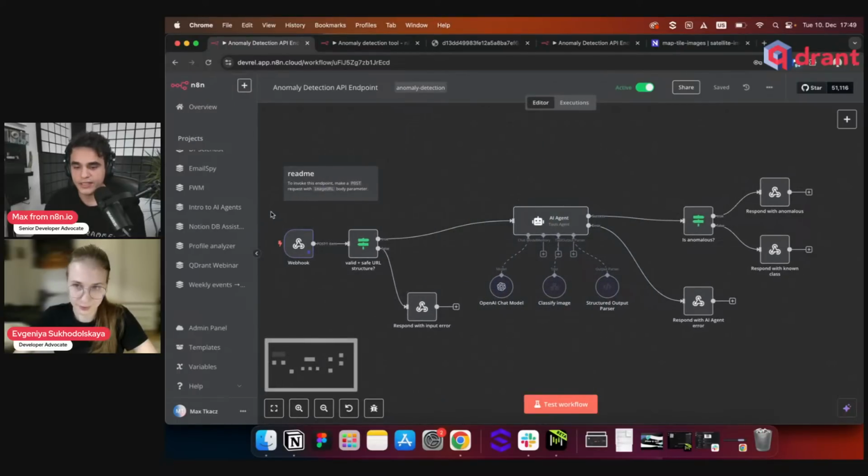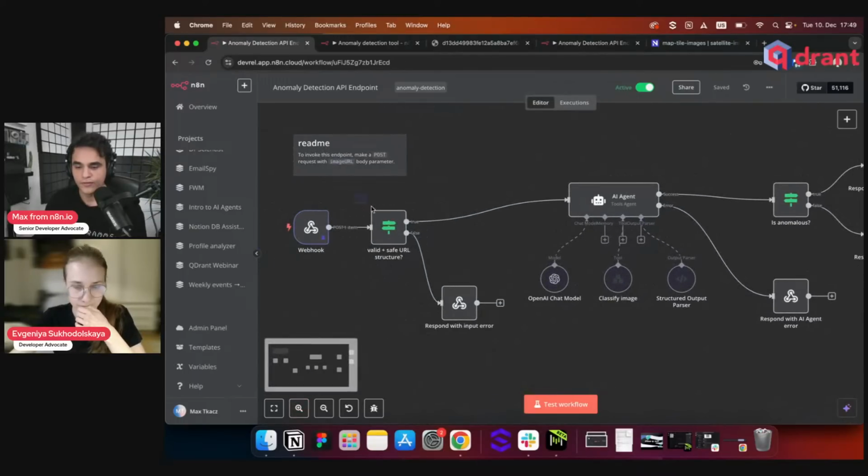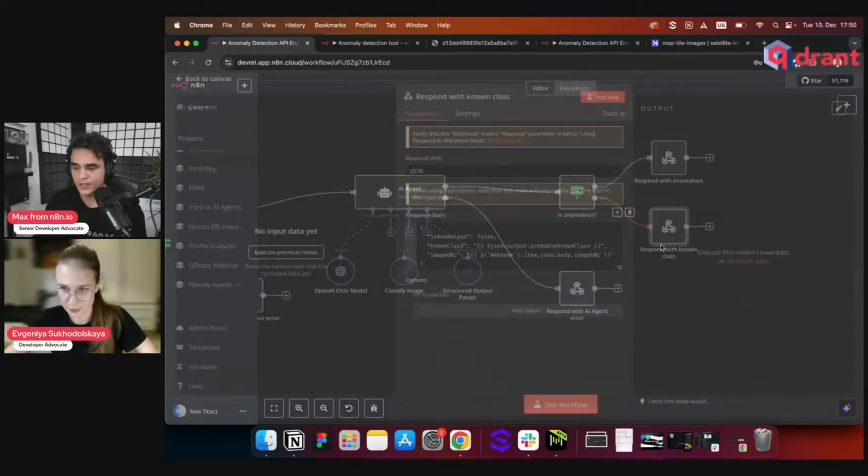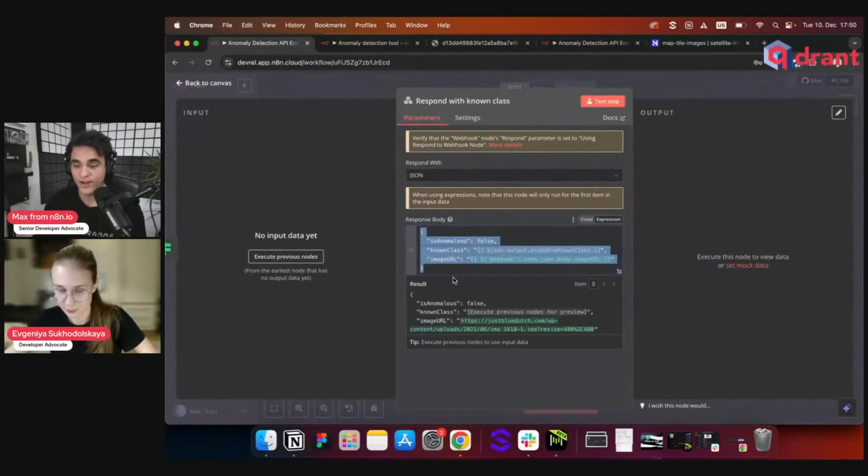What changes is basically a few of the nodes on getting the data in. We're doing some validation on the input data because this is coming from a user, so maybe there's a malicious actor. So showing how we can handle some things like that. We've also got the same check on the end. We're just using n8n's respond to webhook node. So in here, I'm basically just defining a response body, as I would expect in an API